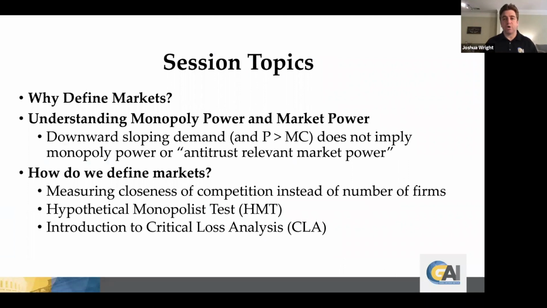to reduce market output or raise market price to affect market conditions, to be distinguished from a narrower concept that economists sometimes call market power. And that's going to be the power over one's own price that comes with downward sloping demand and that most firms in the modern economy have. Sometimes these terms are used in confusing ways in antitrust opinions, even among experts. So we're going to do a little bit of nomenclature cleanup to talk about the difference between the two,